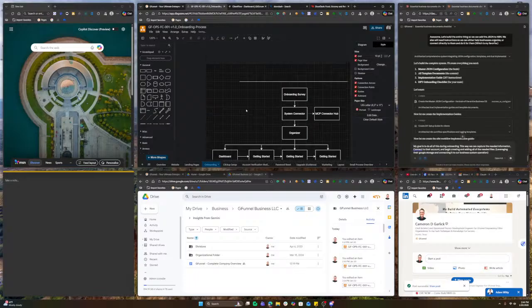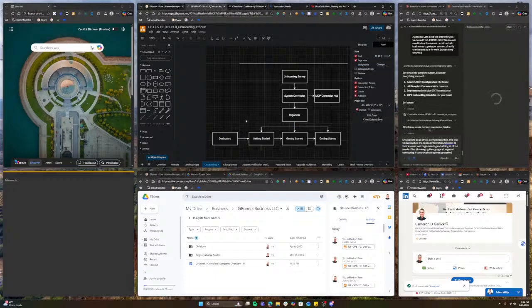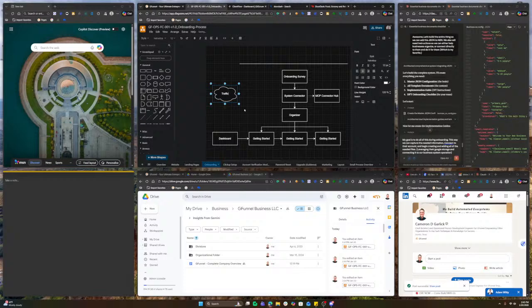And now if they ever log in, as a system here, I'll just delete this for easy sake. If they ever log in, let's just say this is the data, so I'll just put traffic. And then they log in.